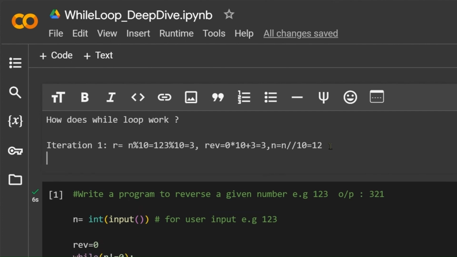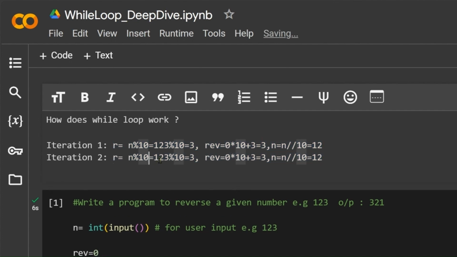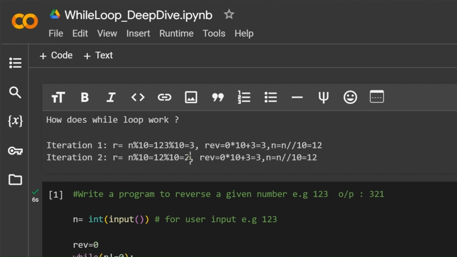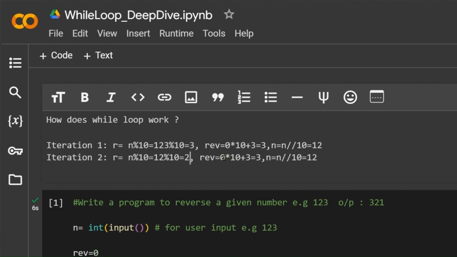Now round 2. I'll just mention here iteration 2. Right? And in iteration 2 again, the same steps will be followed. However, the number has changed. So the number this time, n, has become 12. So 12 modulus 10 is equal to 2. Then rev is equal to